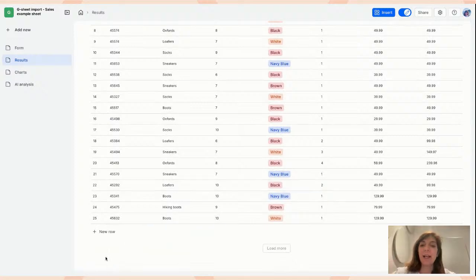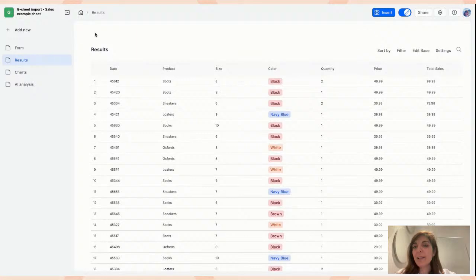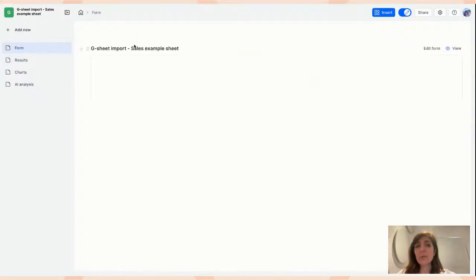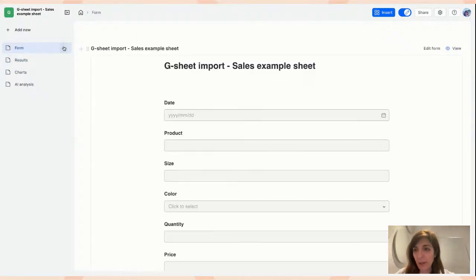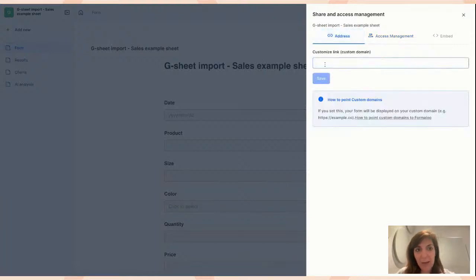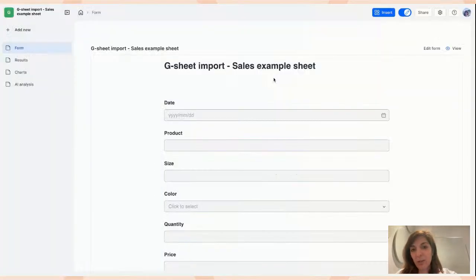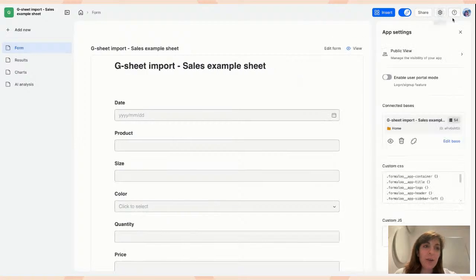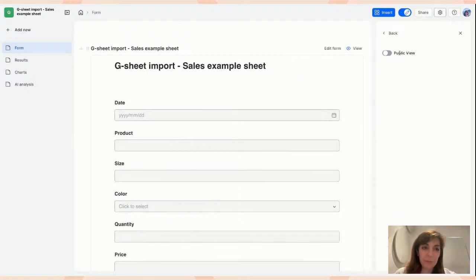Super easy, just add a slash chart and that's it. You can add text, as Anna showed you. You can preview your form or not, just delete it. And you can share your app easily, either embed it, share the link to the app, or set a custom domain on your app and publish it publicly. But by default, it's private. You have to enable the public view.